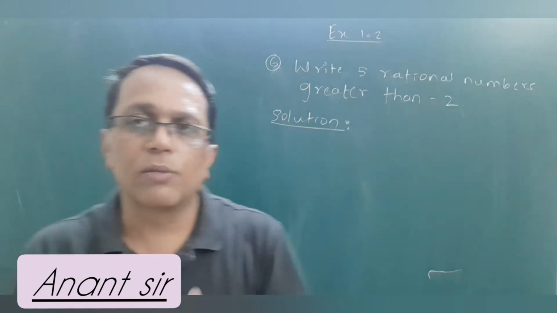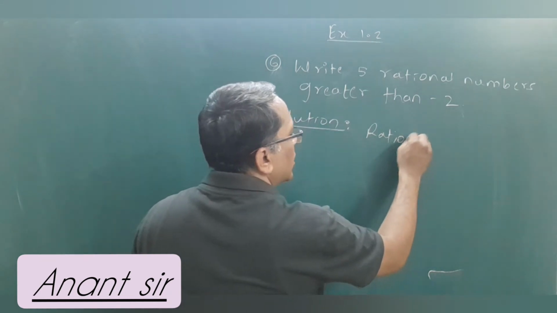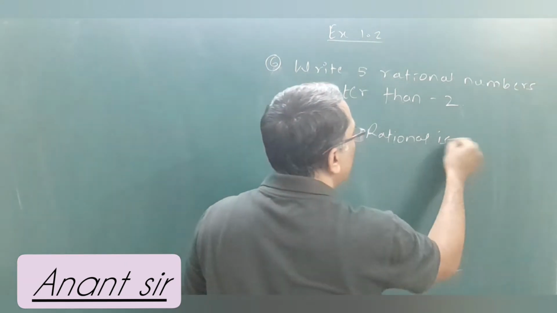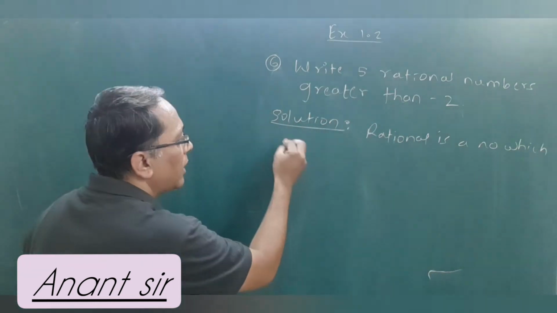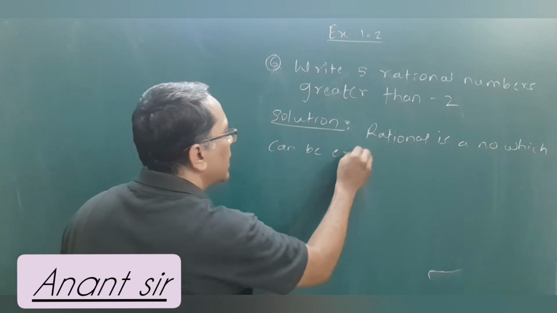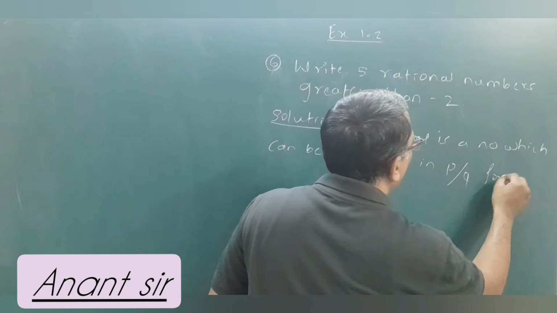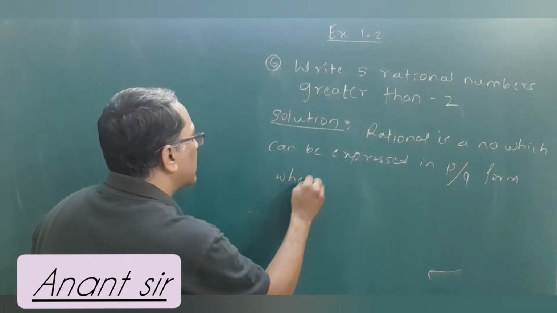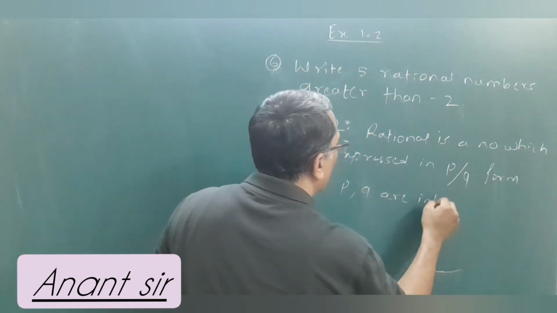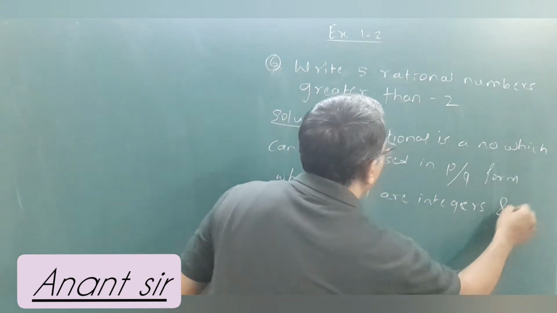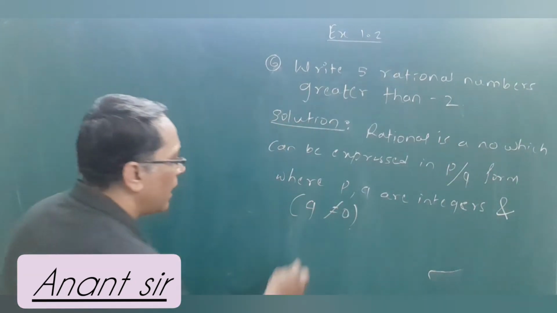First of all, again I will explain what is a rational number first. Okay, so I am going to write what is a rational number. See, rational number is a number which can be, this is very important question. Okay, remember this, which can be expressed in P by Q form. Okay, that means numerator denominator form, where P and Q are integers, and where denominator, that is Q, cannot be 0. Okay, these are nothing but rational numbers.